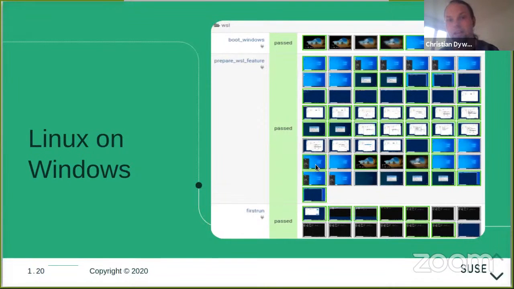And this test actually finds out if that works. So the process going on behind these tests is installing Windows, running Windows, setting up the WSL integration, and trying to run a SUSE image inside of the running Windows system.